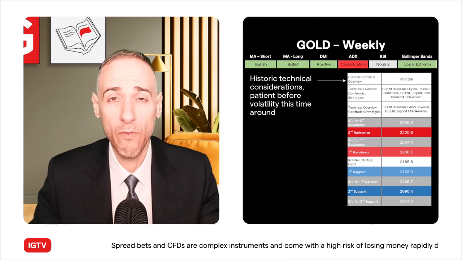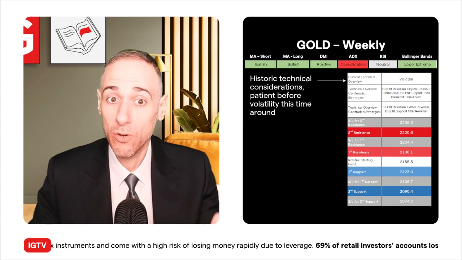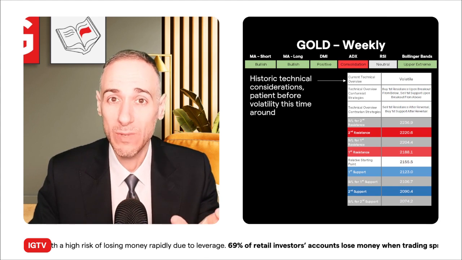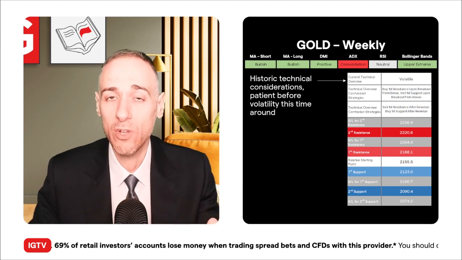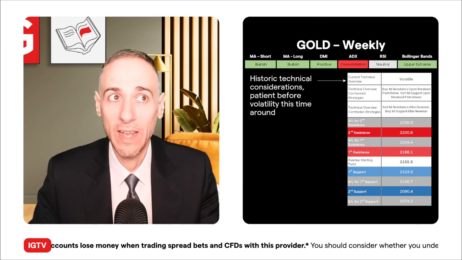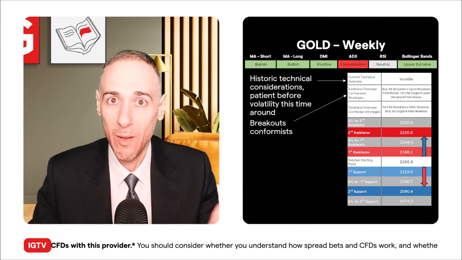It's got a volatile overview, but the thing is that it's had a volatile overview for quite some time because of historical technical considerations, and for a long time it was actually contrarians that did a lot better than conformists. It's only recently, because we had the volatile move, that conformists were able to get a lot more follow through on most weeks. But otherwise, it was actually a bit of a struggle for them.